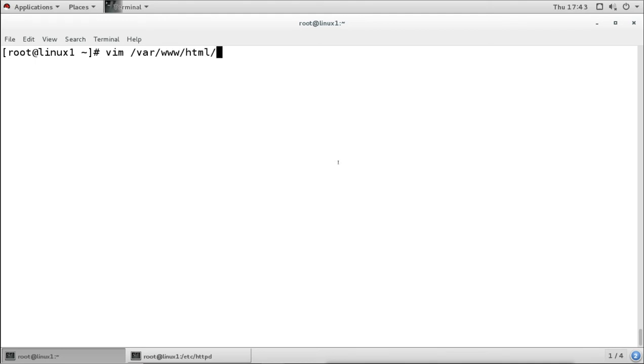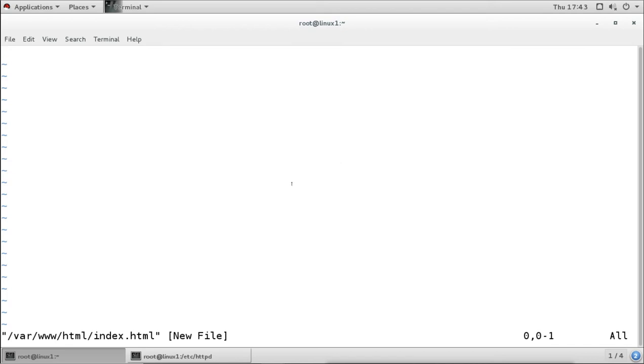So there is no file. I am going to create one file here, and the name of the file must be index.html. Here you will add your home page code, like the HTML and CSS code, whatever you do. You will design your home page, or the web developer will design it and give you the home page here.